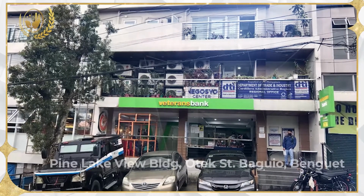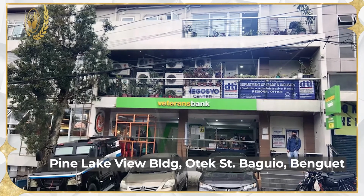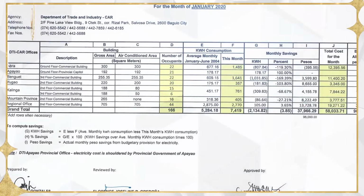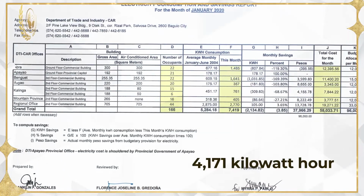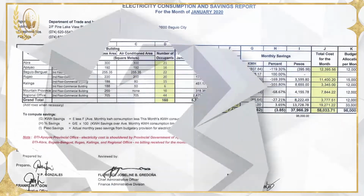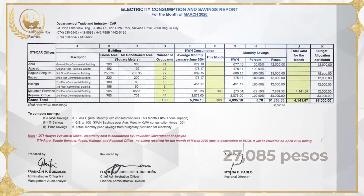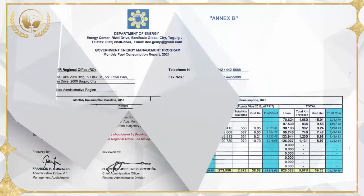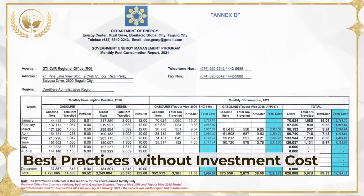Next on our excellent list is the Department of Trade and Industry, Cordillera Administrative Region. The office is situated at Pine Lake View Building, Otec Street, Baguio, Benguet. DTI-CAR was able to realize a total savings of 4,171 kilowatt-hour, equivalent to 27,085 pesos. These were obtained through the implementation of the following energy efficiency and conservation measures: best practices without investment